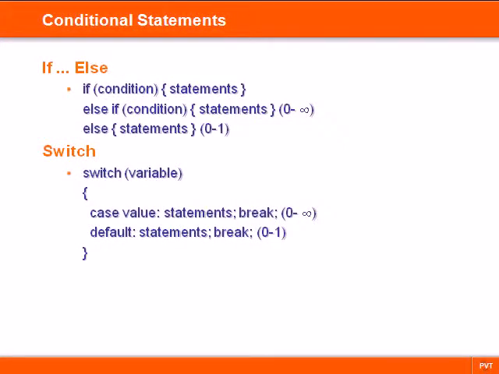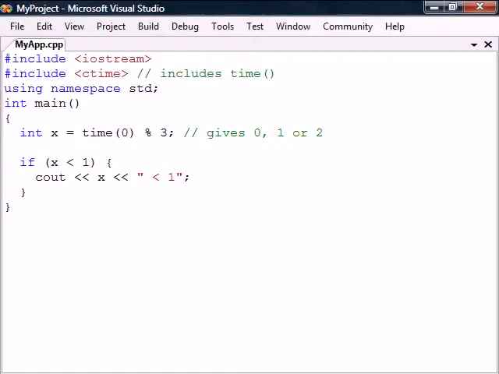The conditional statements in C++ allow us to execute different code blocks based on different conditions. The if statement will execute only if the expression inside the parenthesis is validated to true. In C++, this does not have to be a Boolean expression. It can be anything that evaluates to a number, in which case 0 is false and all other numbers are